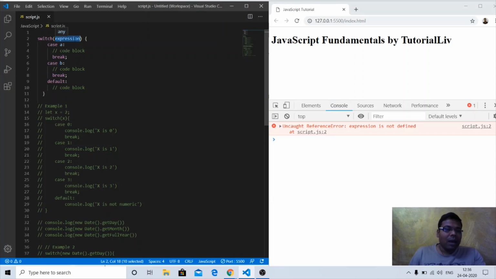Suppose we have put an expression that comes with a value of 1, 2, true or false. Suppose the expression is x is greater than 2 and it returns false. So we will check case true, then the block of code, whatever you want to do.